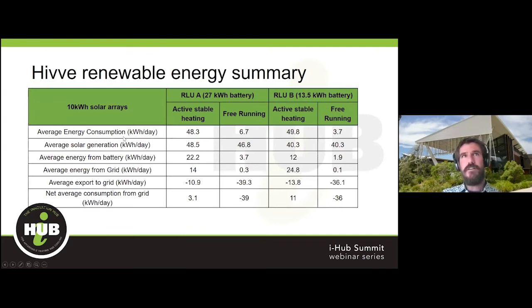So just quickly, as I mentioned, our test was really just looking at the thermal performance of the Hive transportables. They do also obviously have a renewable energy and battery system that is uncommon for these transportable buildings. We had a quick look at the performance during these tests, and the reason we didn't evaluate them on the basis of this is that our unoccupied tests were very much non-representative of school energy usage. But even when we were asking for 25 degrees, 24 hours a day,